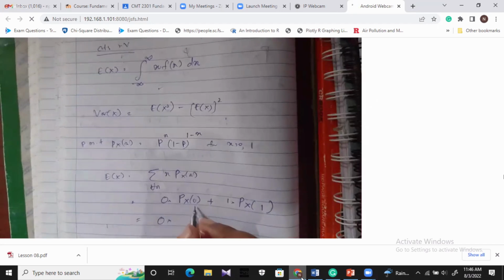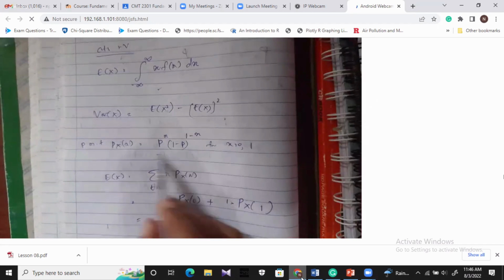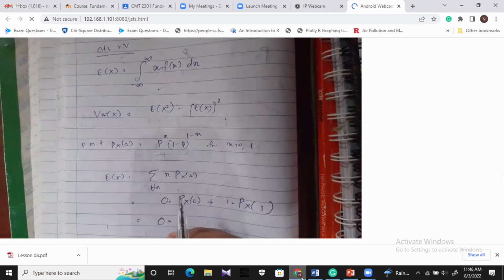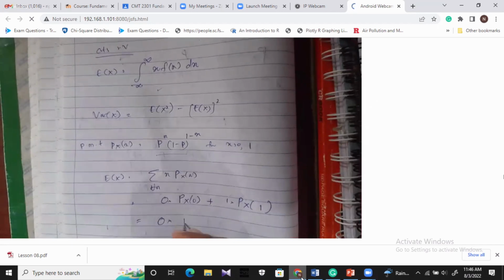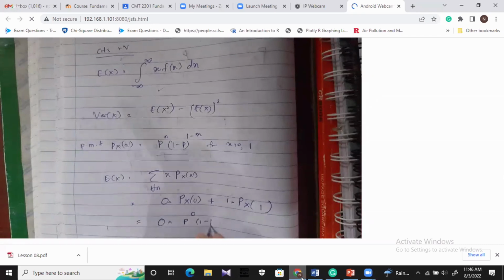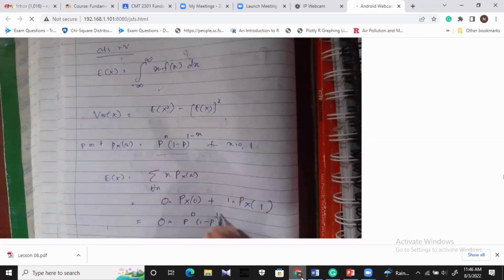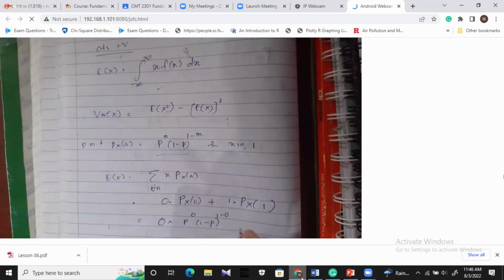X equals 0 means failure. What is the probability of a failure? You can find that probability by substituting x equals 0 in this formula: p to the power 0, 1 minus p to the power 1 minus 0, plus 1 times